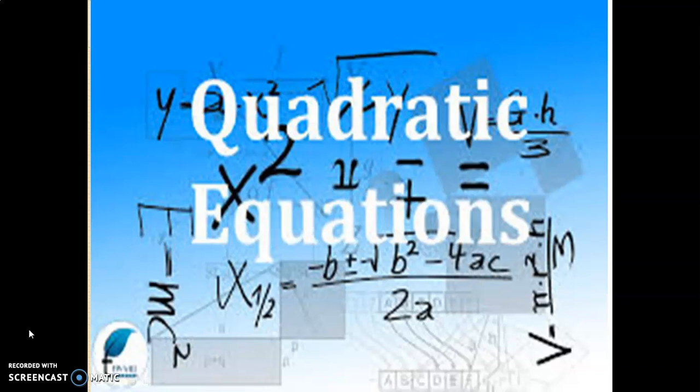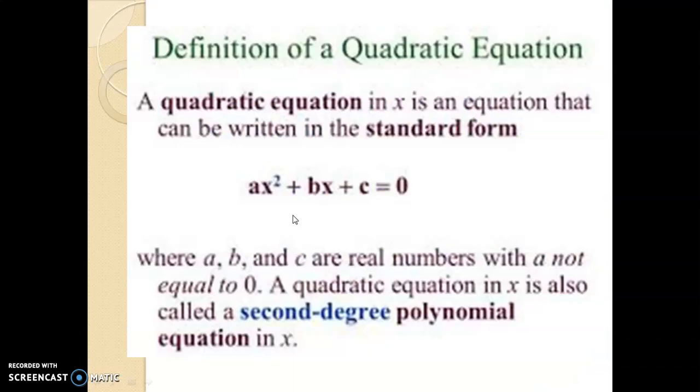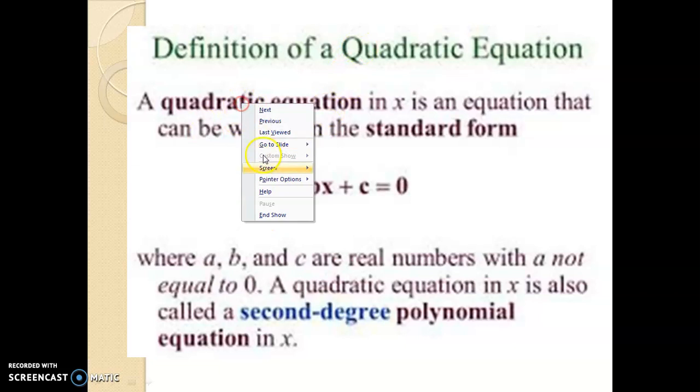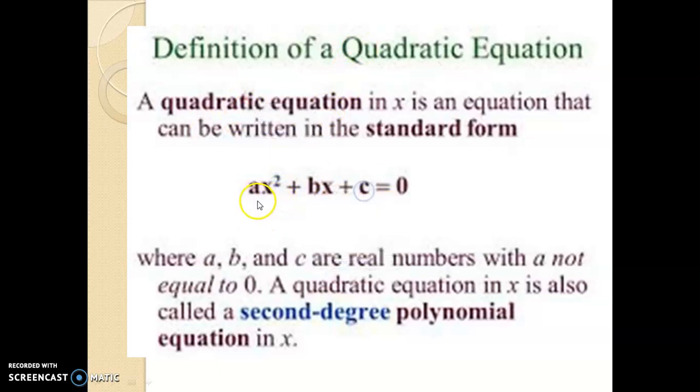In today's session, we are going to see another type of quadratic equation. Before going to today's session, let us recall whatever we have seen so far in the last video. The topic of the lesson is quadratic equations, and this is the general form of a quadratic equation.